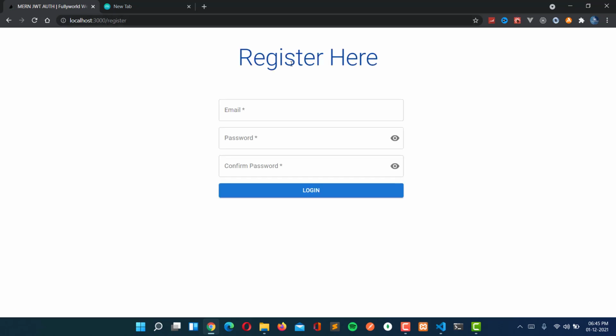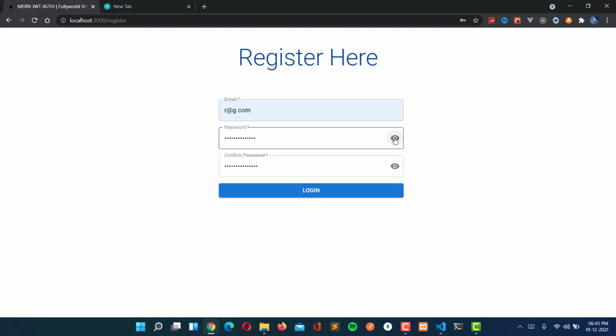So see that here we are having register, and then email, password, and let the email be like this, then password. I'm doing like this, and I'm doing confirm password also. And when I'm pressing here, see that actually these both are independent.